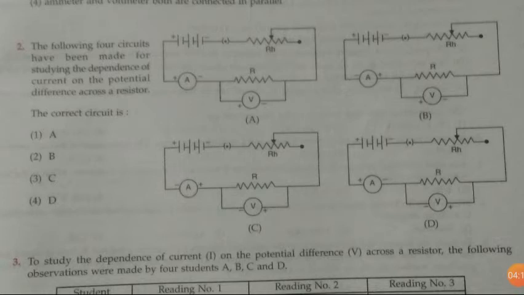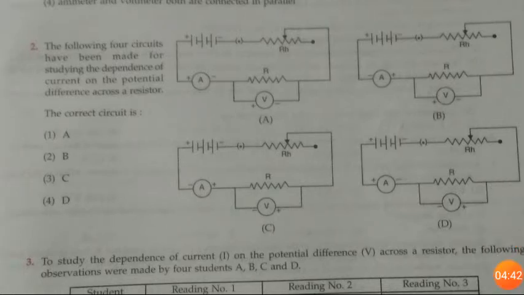But now when we look at the terminals, from the positive side or negative side, from which side the ammeter and voltmeter are connected to each other, and also connected to the battery, that time we have to notice that there are different types of connection in terms of polarity. So the correct answer for this MCQ is circuit first.